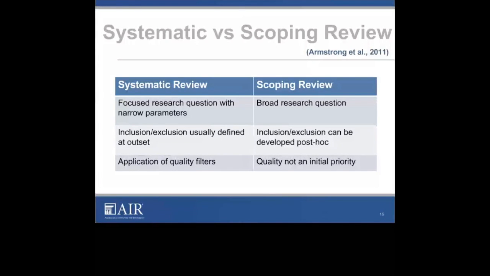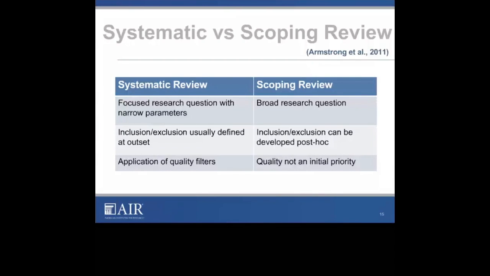Here's a little bit of a comparison, the systematic versus the scoping review. I'm going to start on the left-hand side. On the research question, the systematic review is very focused, with very narrow parameters. We are specifying exactly the type of intervention we are interested in, for what population. We're often specifying the outcomes as well. In the scoping review, we are keeping it much broader. We are just describing a more general context, maybe an intervention or a type of intervention that we're interested in, but then we're leaving it open to conduct this very broad, very exhaustive search on the literature base.